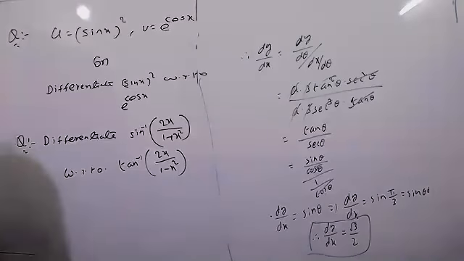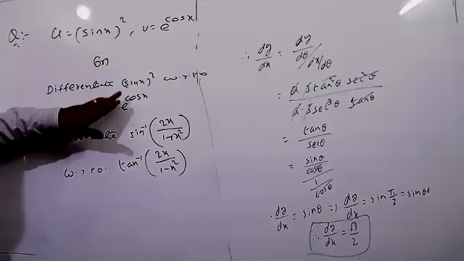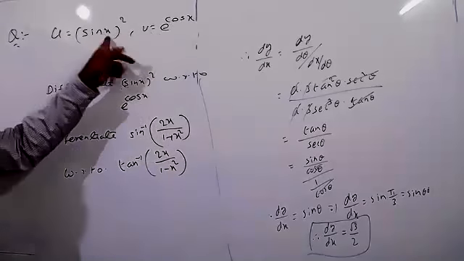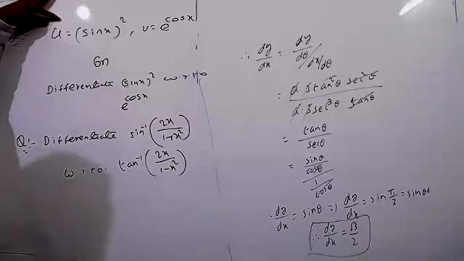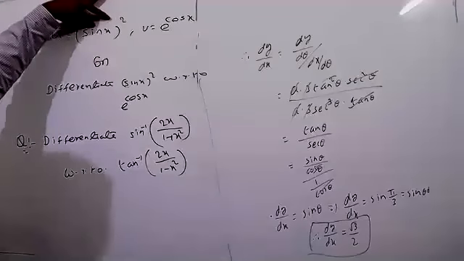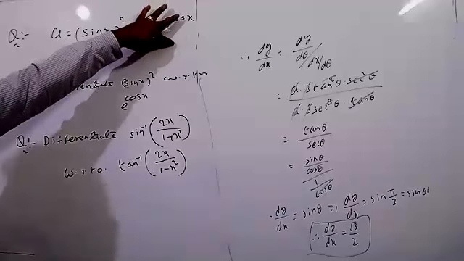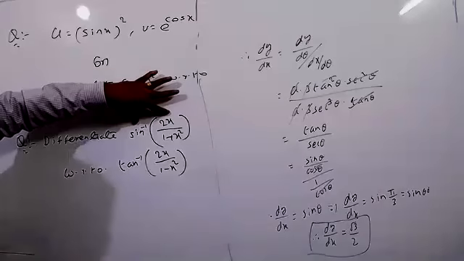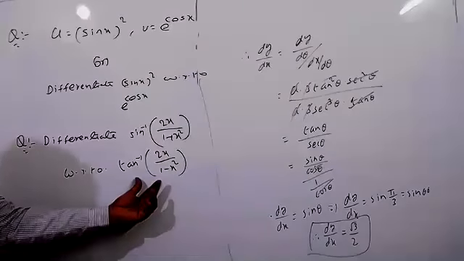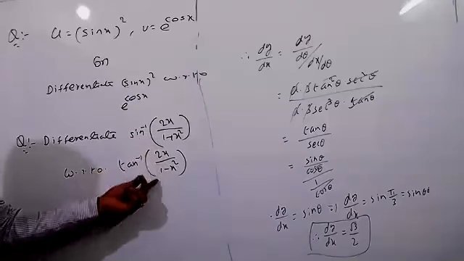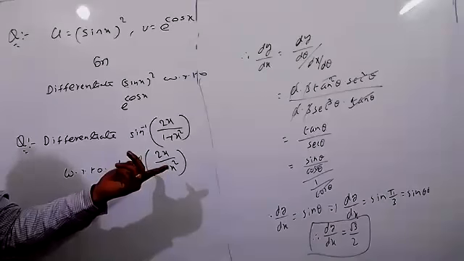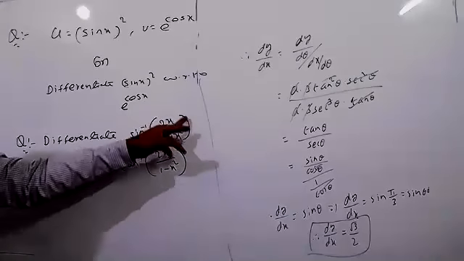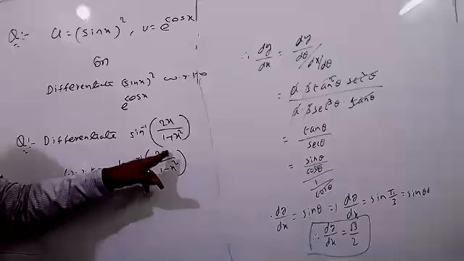See now, almost I gave the clue to you. If the given is like this, call this one u, this the v. So what is the parameter? X is the parameter in both the cases here. So we're differentiating u means derivative of u with respect to x, derivative of v with respect to x. Then you can follow the same procedure. Here also same thing only. Let u equal to this, v equal to this. So first you can simplify both of them separately, then differentiate with respect to x. Suppose you're taking the substitution here. The sin inverse is given, so compulsorily in terms of sin only we have to write. I think we have the formula.